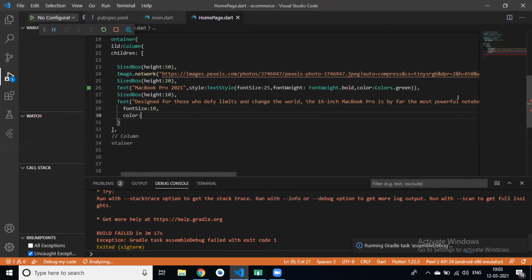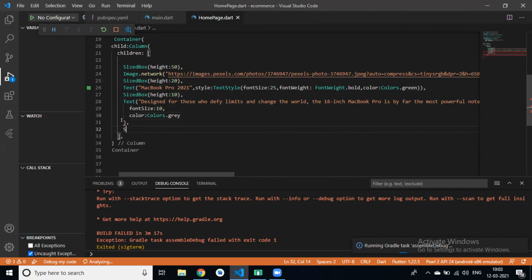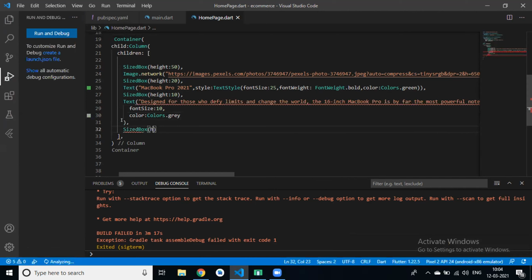Color, Colors.gray. Then again sized box, and height is now 5.